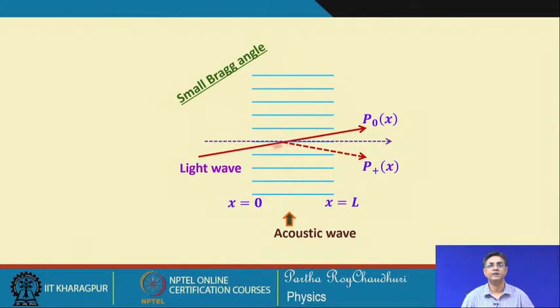Let us recall that there was an incident light which was almost normal to the direction of the acoustic wave, which is propagating along this z direction, and the light wave is traveling close to the x axis, along the direction of x axis, and there will be a diffraction which we will call the plus order. So, this is your undiffracted beam. There is a coupling between this undiffracted, that is 0th order, and the plus order diffracted beam.